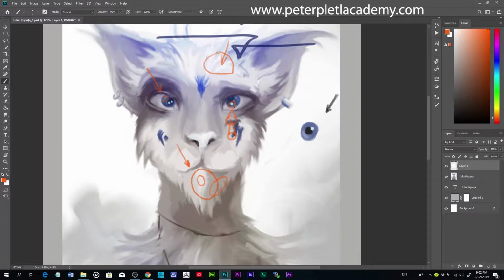But we should have that light somewhere here, yes, and in this part we should have something a little bit more open as a color value. Yes, and in this manner